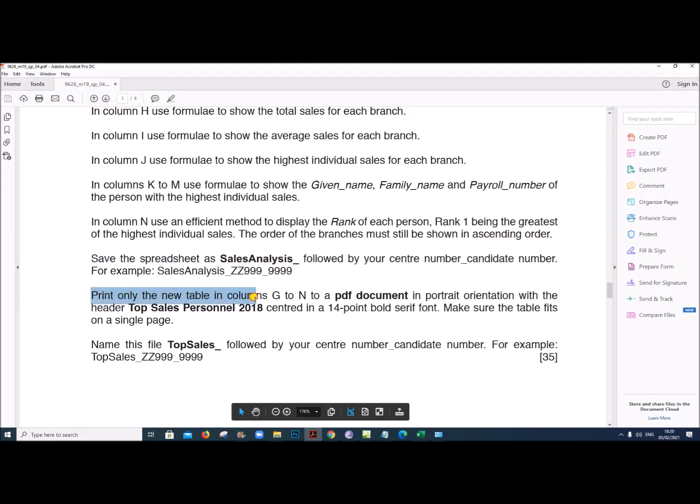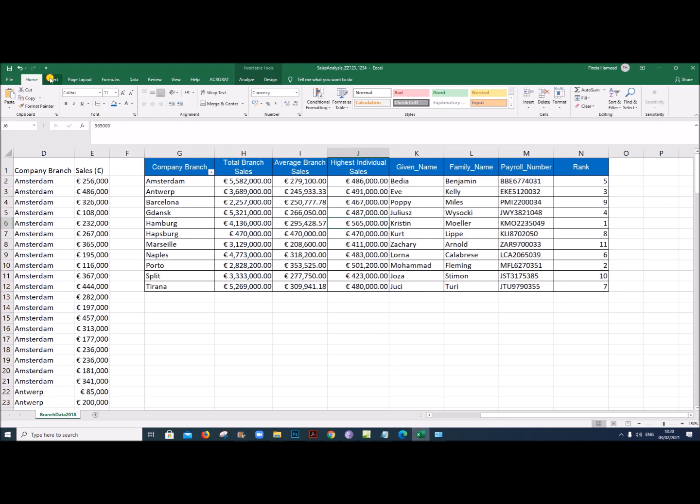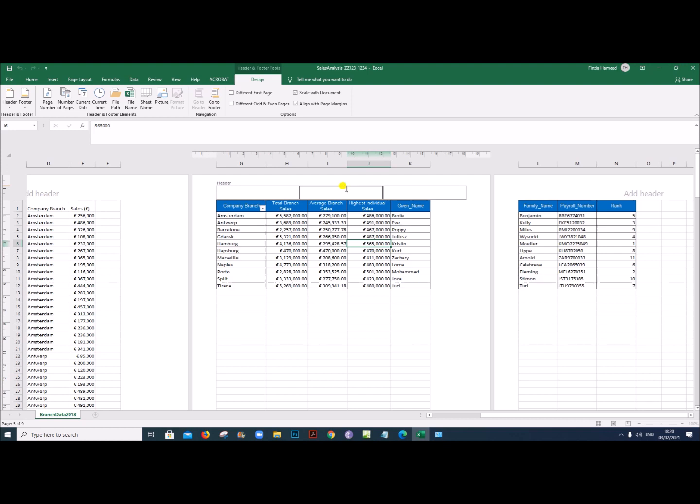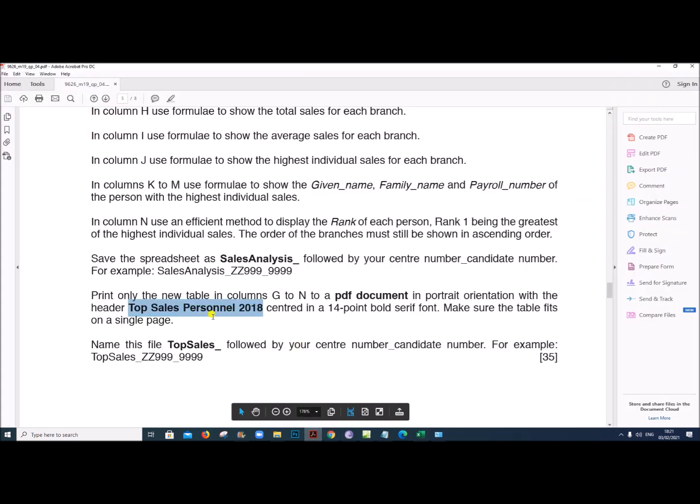Print only the new table in columns G to N to a PDF document in portrait orientation with the header Top Sales Personnel 2018. So let's insert the header. Insert. So in the center we have to give the header. It must be formatted as 14-point serif bold font.